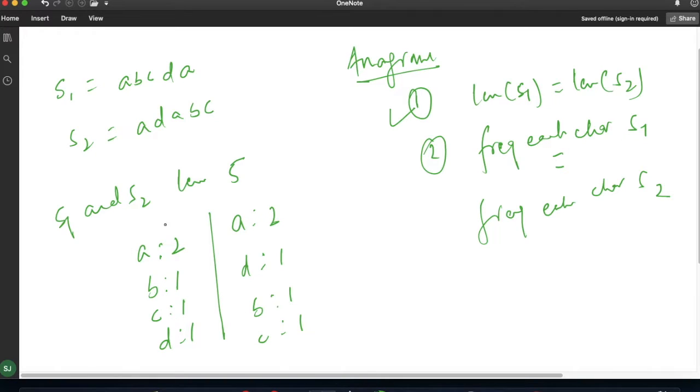So the frequency for A in S1 and S2 are equal. Again B and B, the frequencies are 1 and 1. For C and D, you can see all the frequencies are matching. If these two conditions are satisfied, then these two strings are said to be anagrams of each other. Means their length will be equal and the frequency of each character is equal. So this is the meaning of anagram.